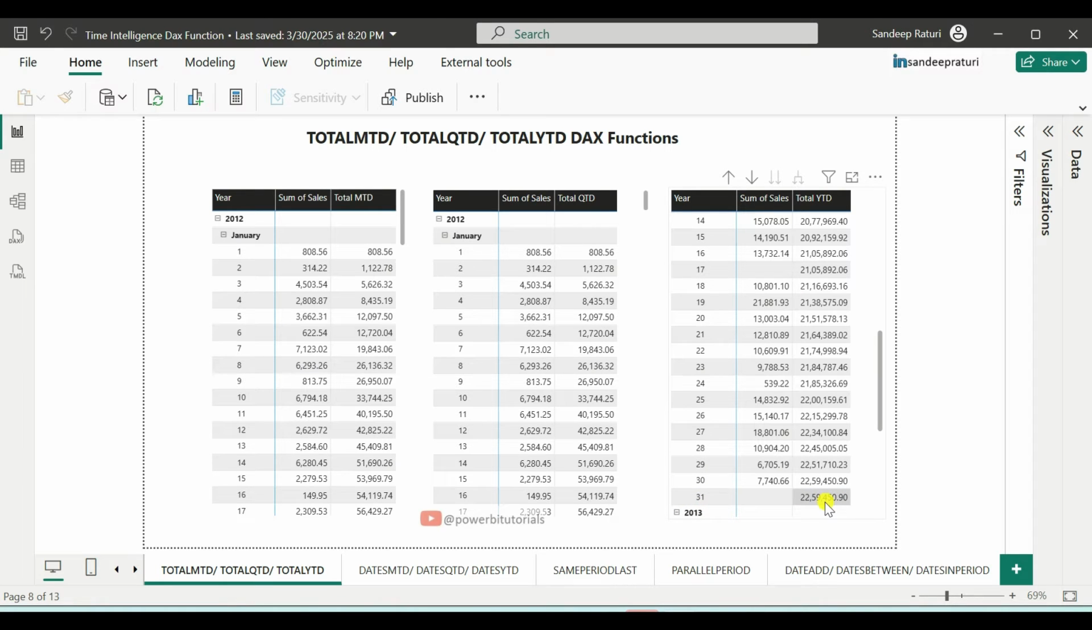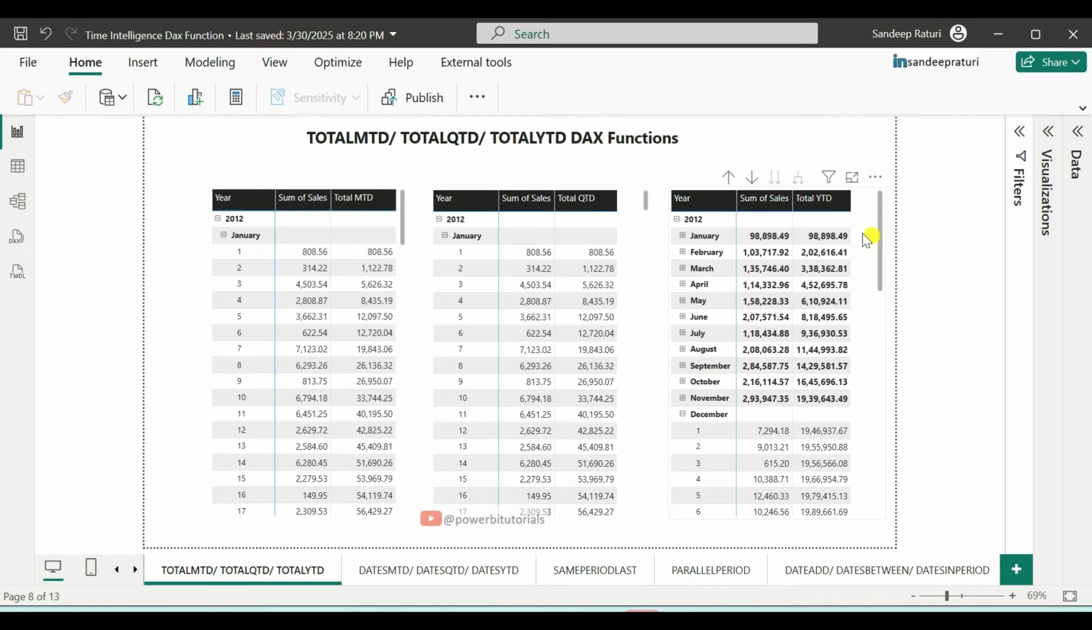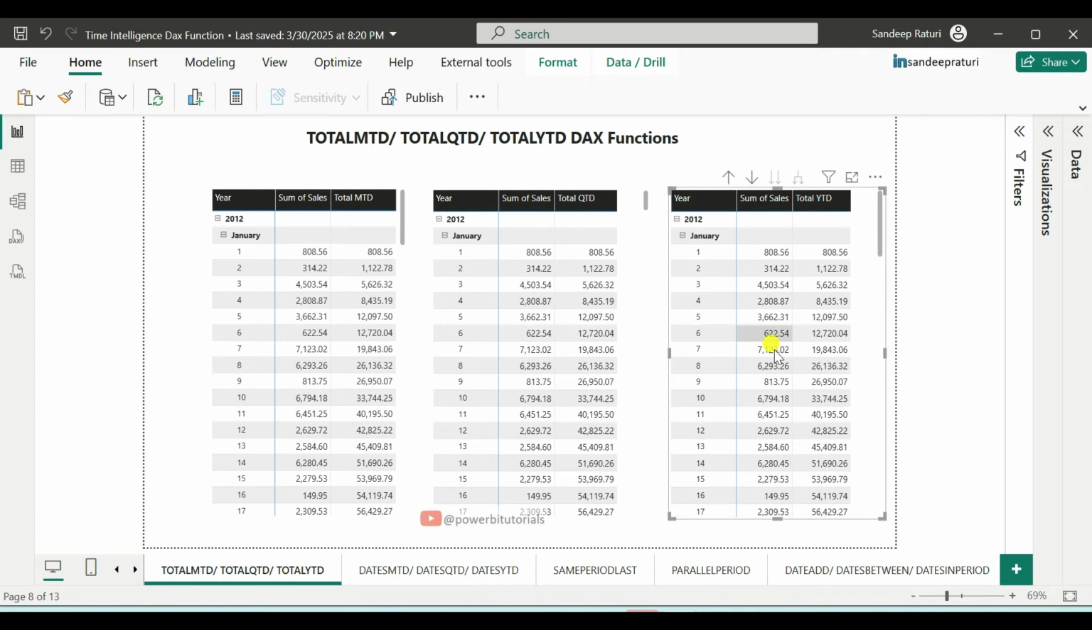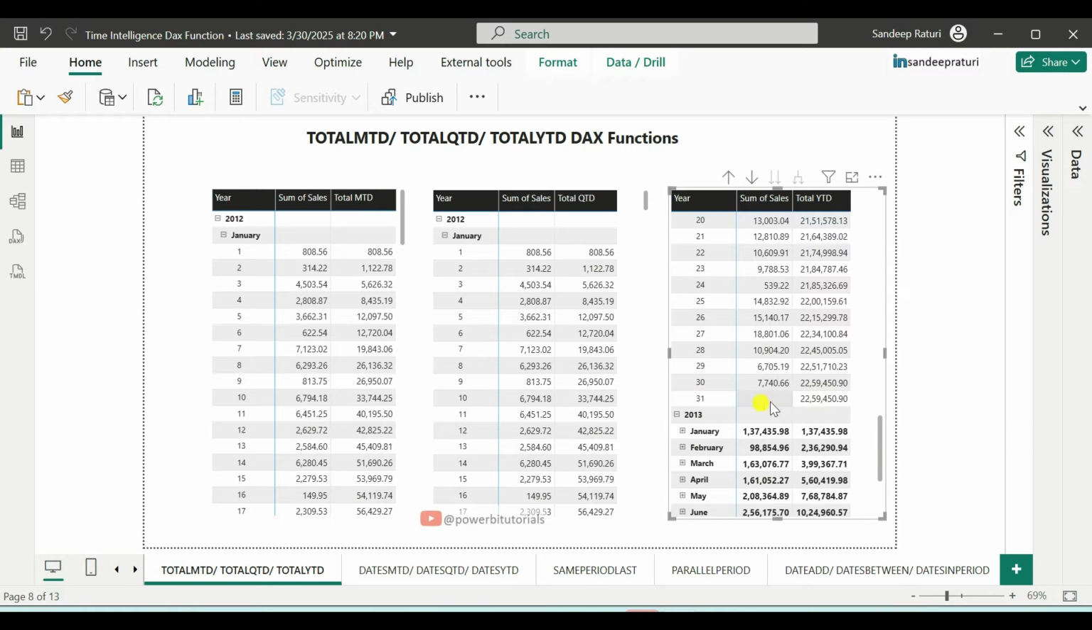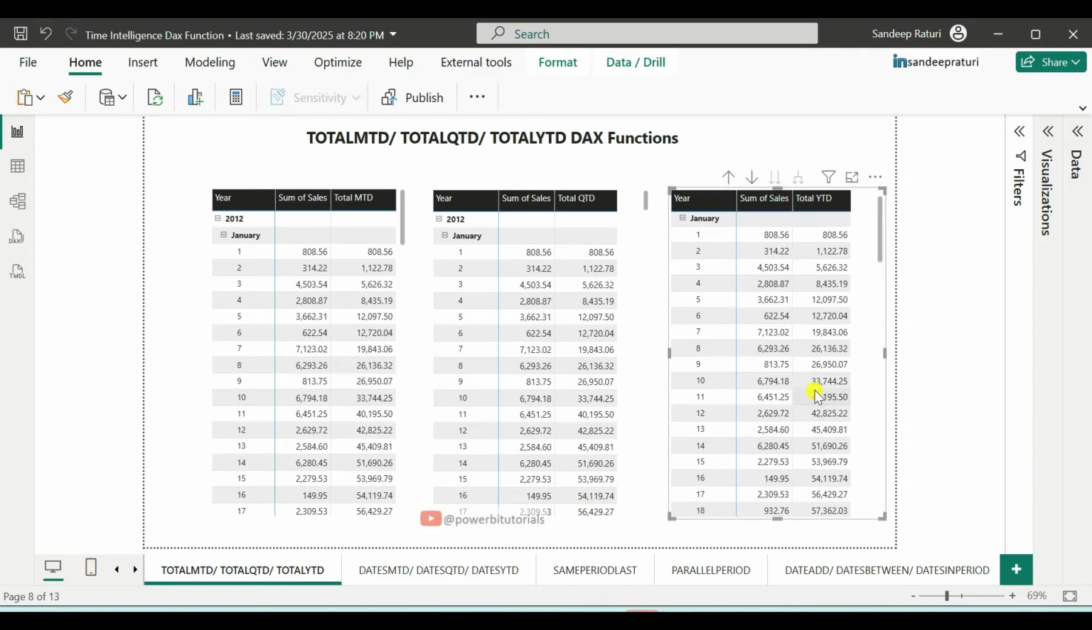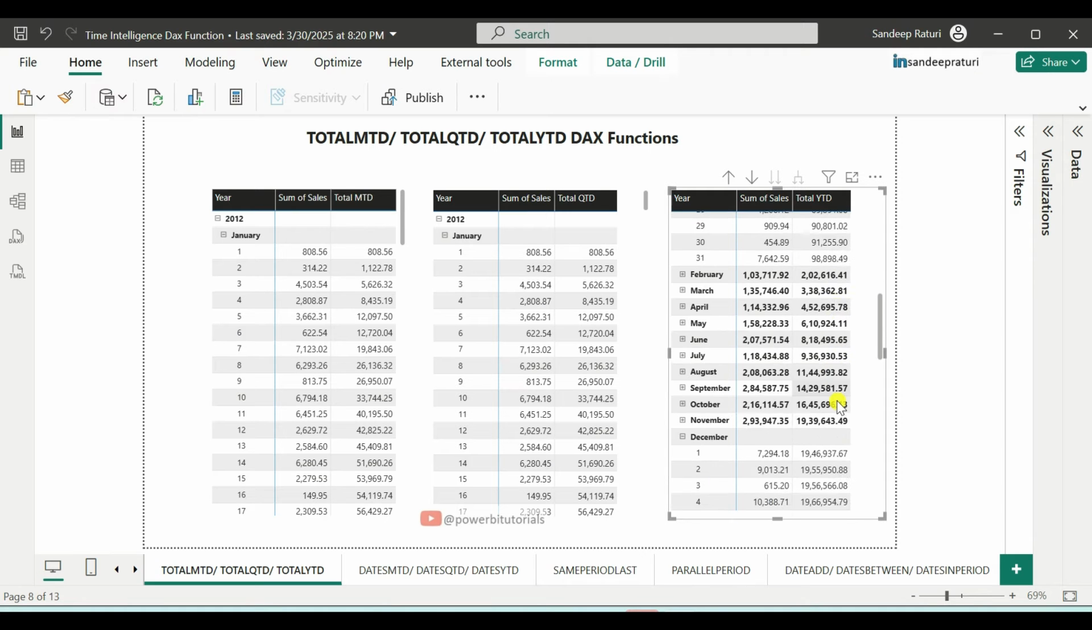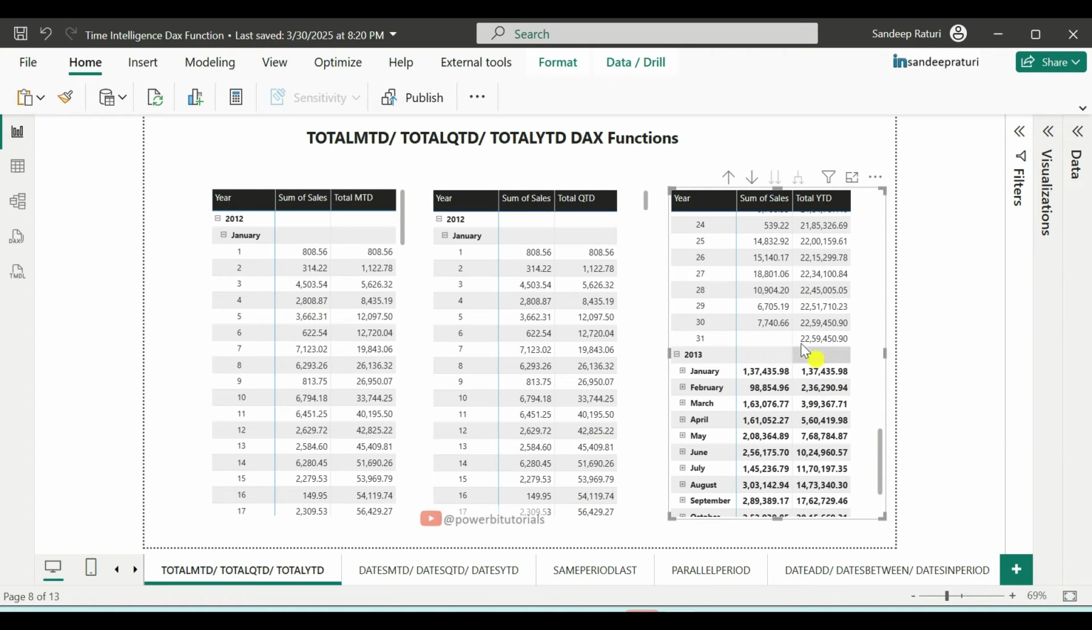here you can see the total YTD showing 22,59,450.90, which is summation of sales from 1st January 2012 until 31st December 2012. So it will sum up the sales from 1st of January until 31st December 2012 for the entire year. And for the next year 2013, if you expand the January, so again it will start the summation from the beginning. So you can see that for the 1st of January, it is showing the same sales, which is 10,006.66,